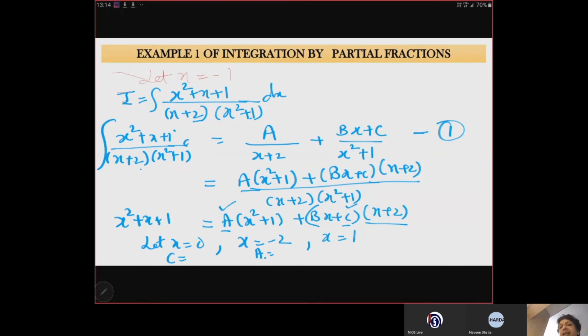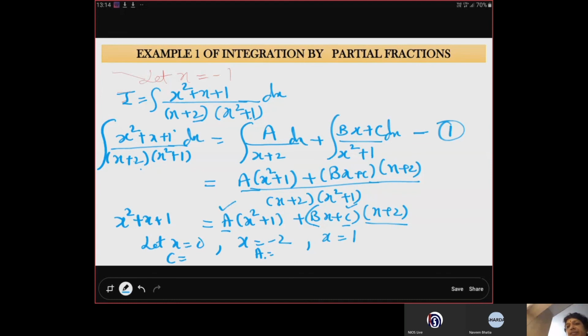ताकि इंटीग्रल बन जाएगा इंटीग्रल ऑफ दिस फ्रैक्शन प्लस इंटीग्रल ऑफ दिस फ्रैक्शन, right। तो a, b और c की वैल्यूज मैं आपको बता देती हूँ, ठीक है। तो हमारा क्वेश्चन बना इंटीग्रल, a की वैल्यू आती है हमारी 3/5 इंटीग्रल 1 अपॉन x प्लस 2 dx, b की वैल्यू आती है 2/5 x और c की वैल्यू 1/5 अपॉन x स्क्वायर प्लस 1 dx।